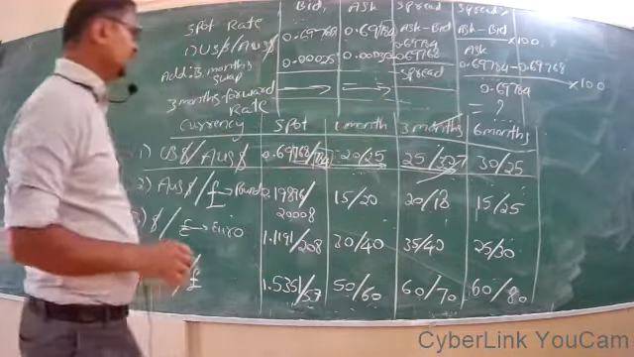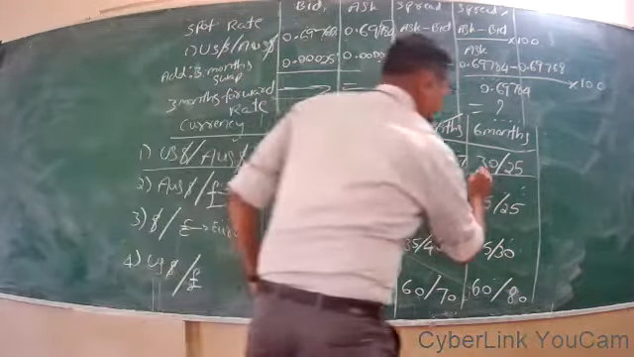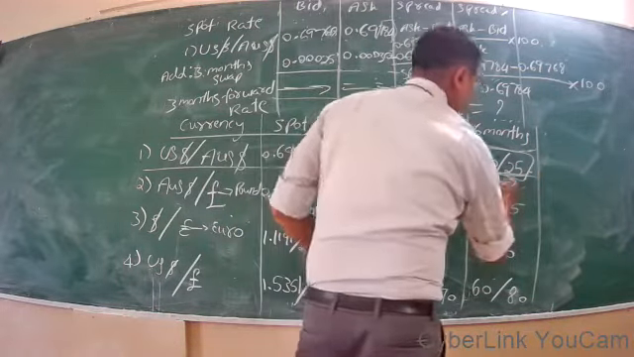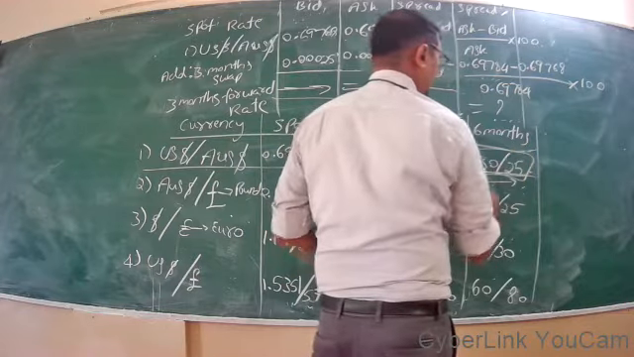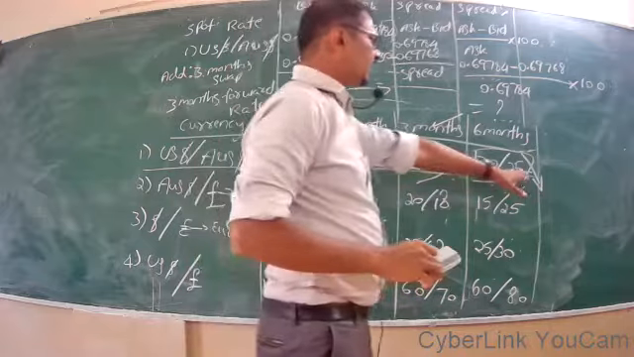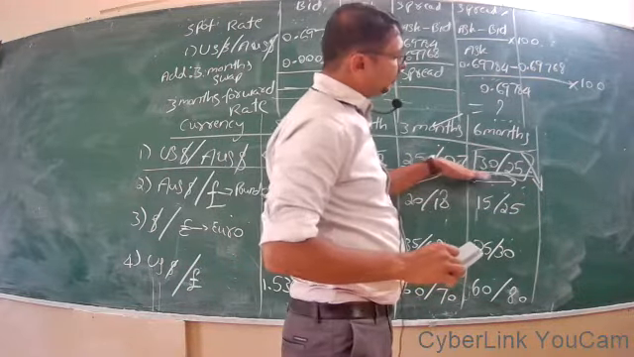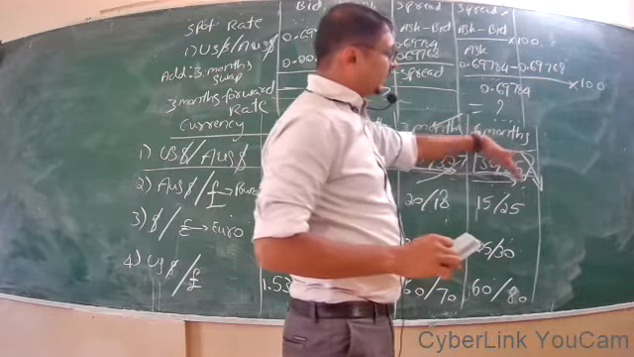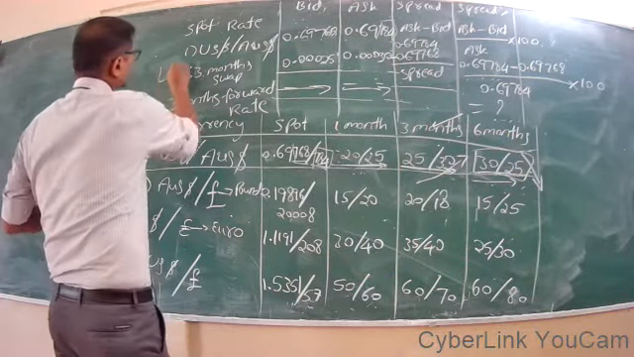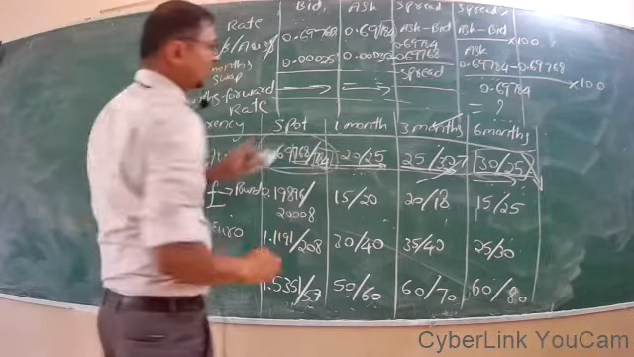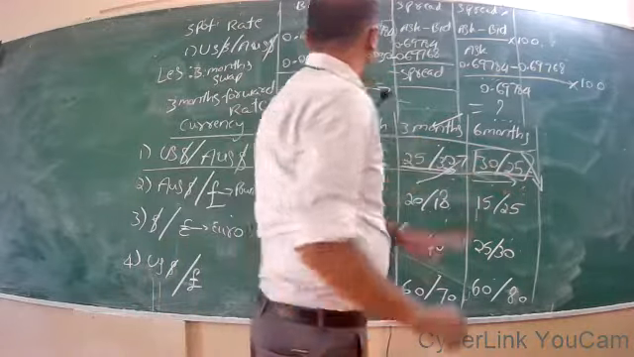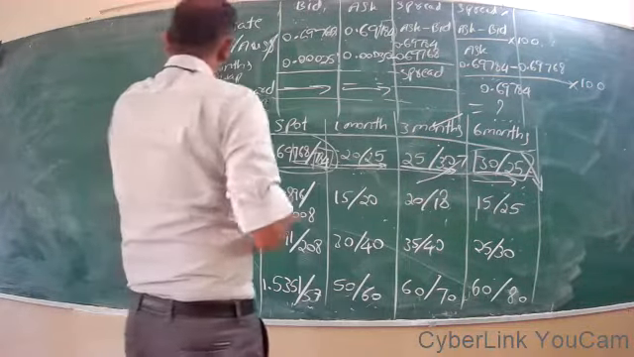Then for 6 months, while reading from left to right, 30/25, that means this is in decreasing order. 30 is greater than 25. Since this is in decreasing order, you have to deduct it from the spot rate. You have to deduct it from the spot rate because this is in decreasing order, right? So you have to deduct